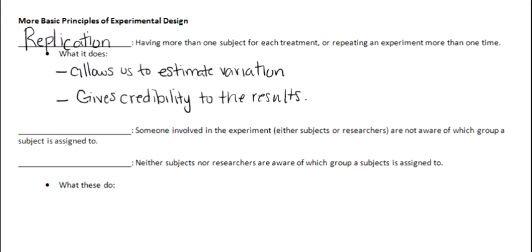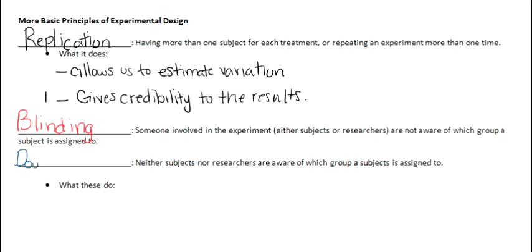Our next definition is blinding. Blinding is when someone involved in the experiment, either the researcher or the subjects, are not aware of which group they are being assigned to. We might want to blind the people in the study so that they don't know whether they're receiving the treatment or the control, and we might want to blind the experimenters so that they do not bias the study in any way. Sometimes we want to go through and blind both the researchers and the subjects, which leads us to